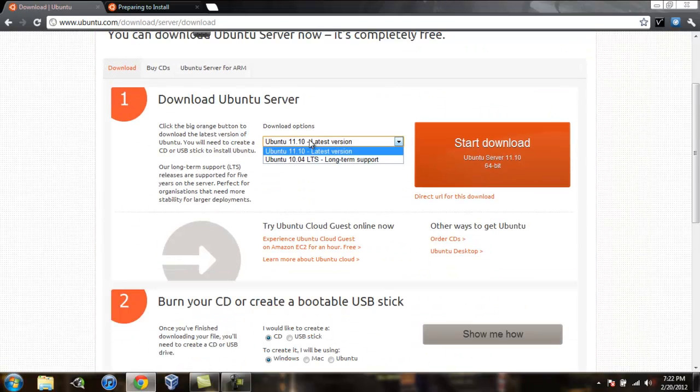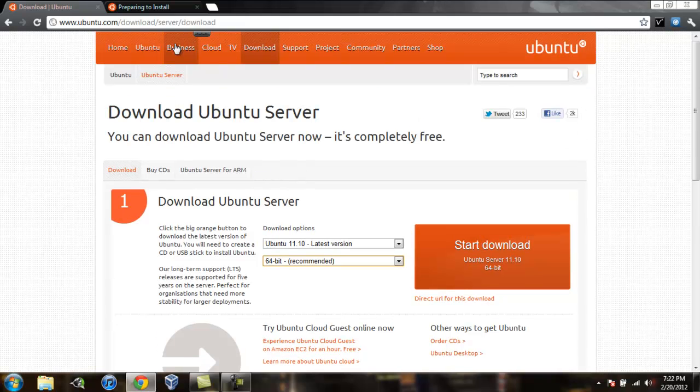From here you can change your download options. You can change the version and whether or not you want 32 or 64-bit. I'm going to keep these settings as they are because it is the latest version and it is recommended to use 64-bit. And before you start downloading, you might want to check the system requirements, which you can do by